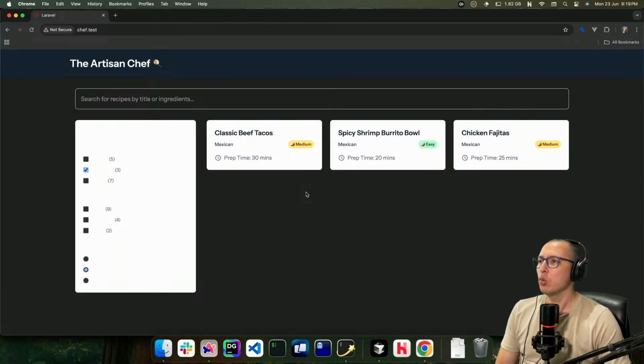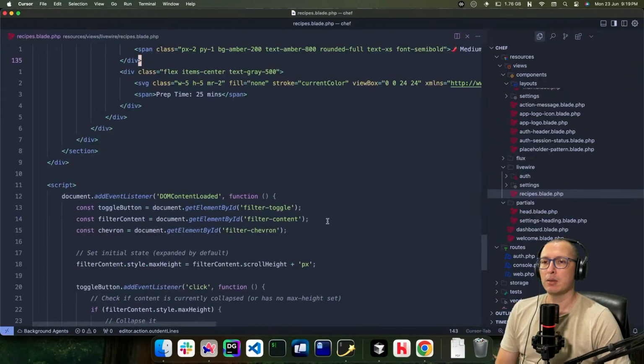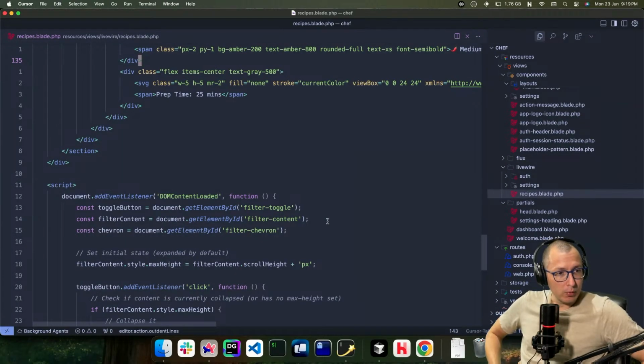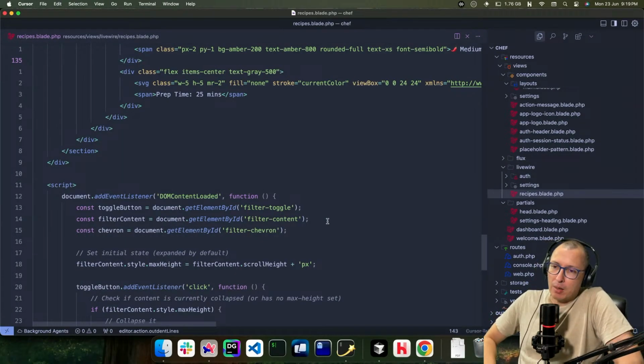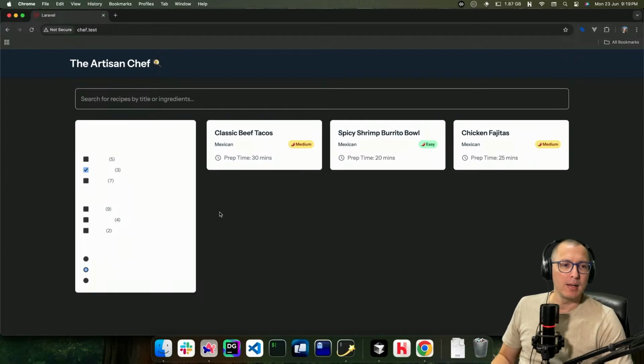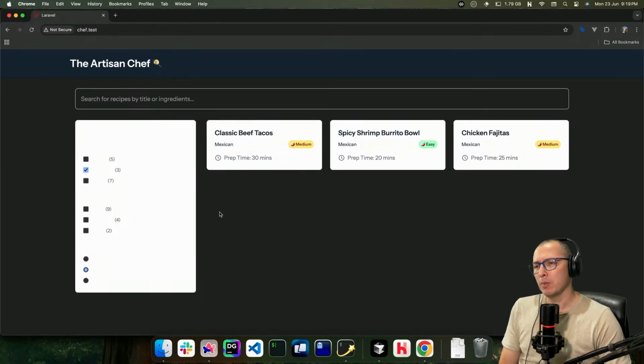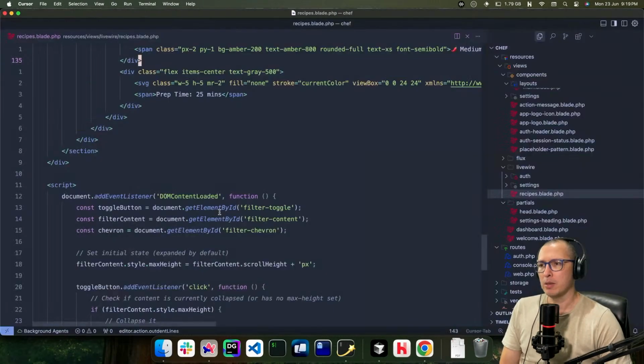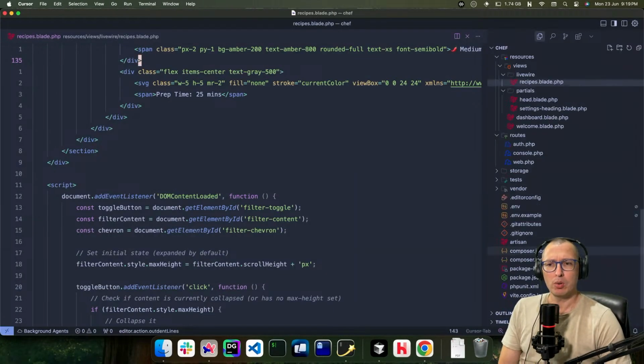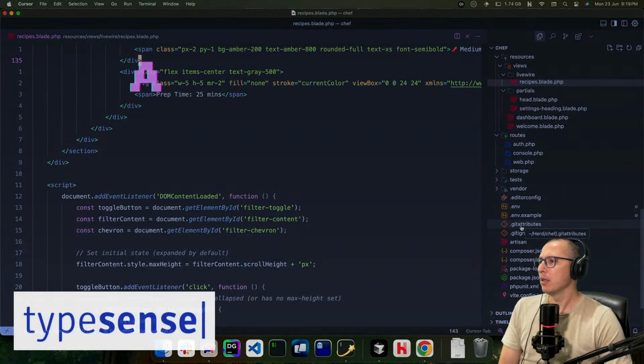Looking better? Looking better. Now, I think the problem is that it's using the system default. My system is dark mode, so it's trying to use that. But I actually just don't want to use the system default. I'm just going off without dark mode in this case. So we can fix that, I think.